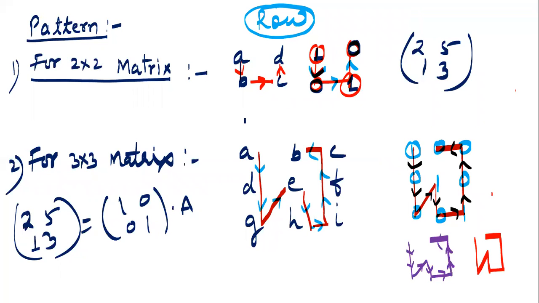This should be the order, means we will follow this U pattern. What is the meaning of this U pattern? First I will make it 1. Then I will make it 0, that is, I will make over here 0. Then I will make here 1. Then 0 again. I will follow this pattern.